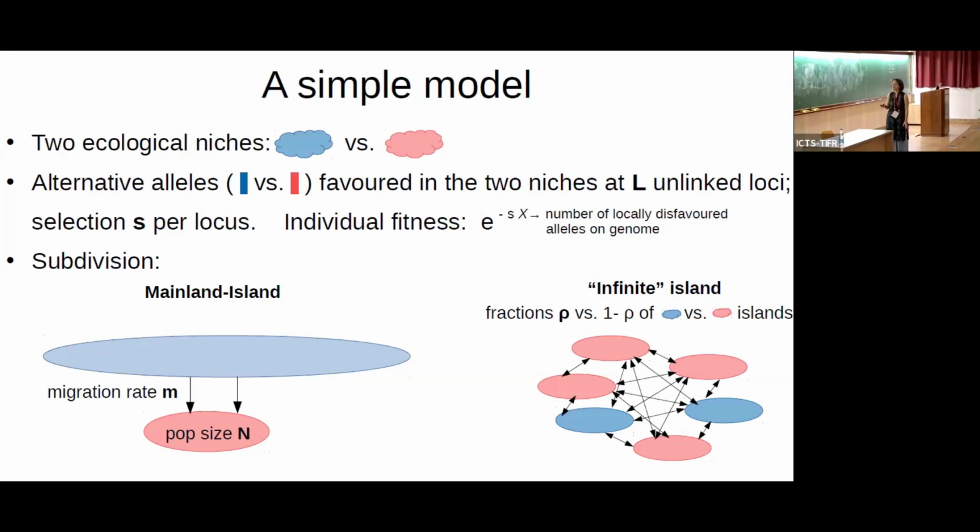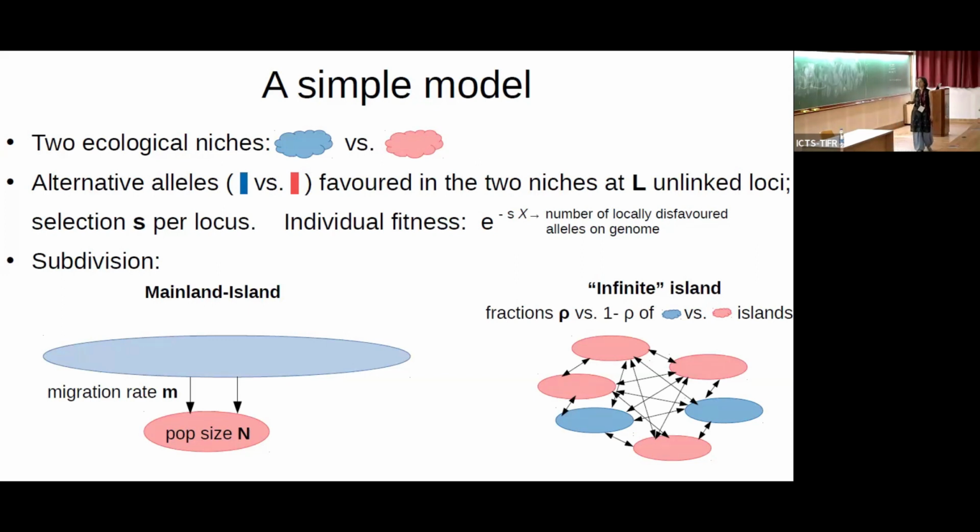So I'll talk of two models. In one, you have a mainland which is perfectly adapted, where the blue alleles are all favored, and then we have a small island, a small peripheral population, where the red alleles are favored, and there could be asymmetric migration, from the mainland to the island but not the other way around. I'm going to assume that the island has a certain fixed population size n and a certain rate of migration from the mainland to the island.